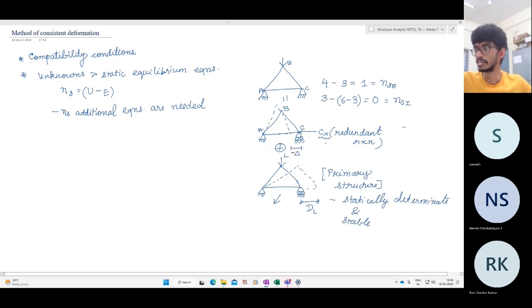Say minus, because it's moving to the left, let us call it minus delta. What is the condition it should satisfy? The condition is dl, the displacement due to the applied load, plus the displacement due to the